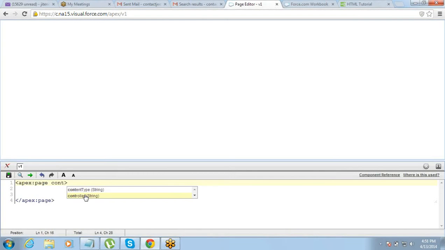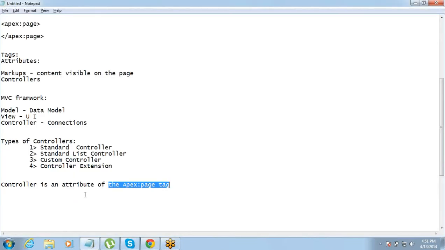Same way, standard controllers we do not need to do anything. Custom controller we need to create. When I say we need to create, we need to define each and every line of the logic. Salesforce does not provide anything. So custom controller is where we will use Apex, a proper programming language. For standard controllers, we do not need Apex. We'll just work with Visualforce.